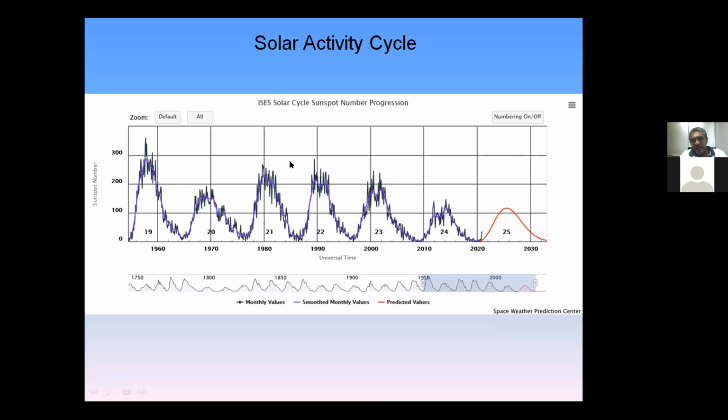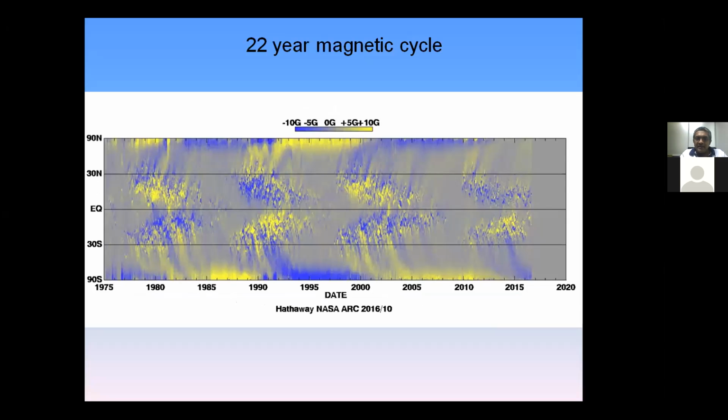And they have predicted a weakening trend, so there is going to be weakening. We don't know whether this is going to be another minimum, right? It's very interesting to see, but we have to wait for a few years because these cycles are very long period cycles. Okay, so the reason for the activity cycle of 11 years is basically again due to